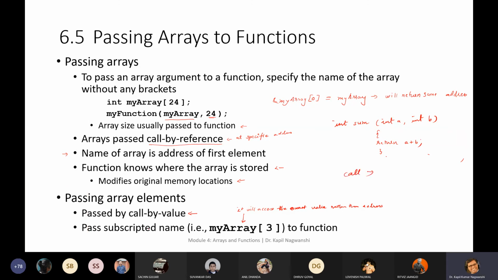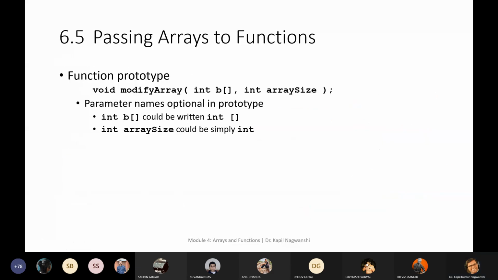Call by value, using an array. So now you can pass sum and then pass a1, comma a2. So this will give the addition of these two numbers and it will return the value. So this is the way.